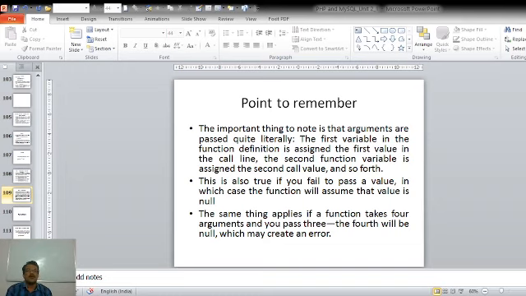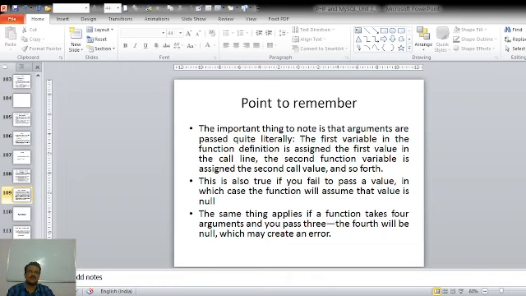Or suppose there is a function which accepts 3 arguments and you have supplied only 2 values, then the third value will again be null. So while passing the values, we should remember that arguments are passed quite literally.